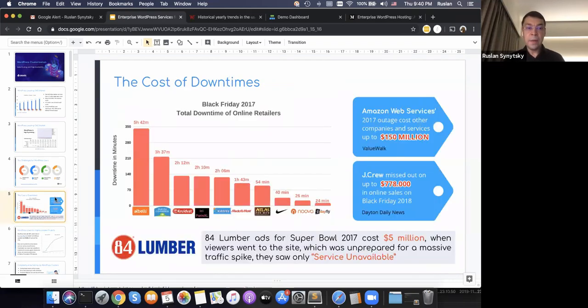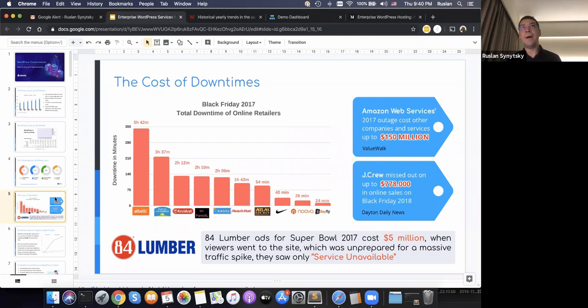Let's focus on uptime. If your website goes down during a big sales event, for example Black Friday or Cyber Monday, you can lose a lot of money. Even during a normal day, if you have huge traffic and your website is selling something and it goes down, you lose money.